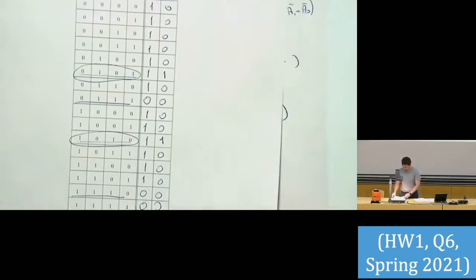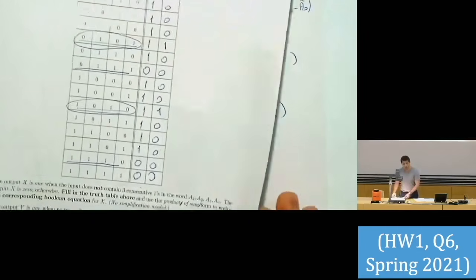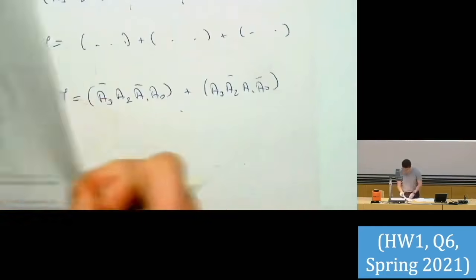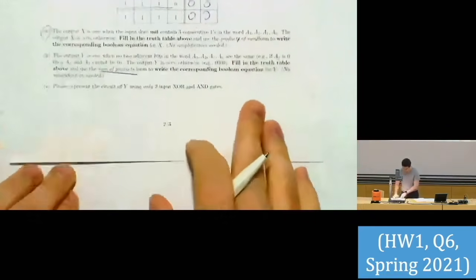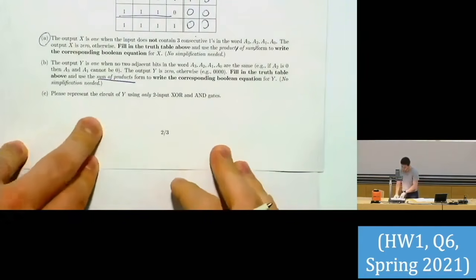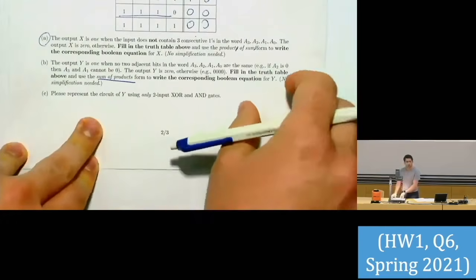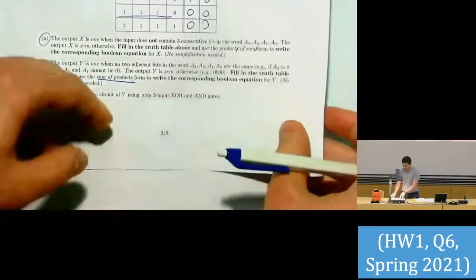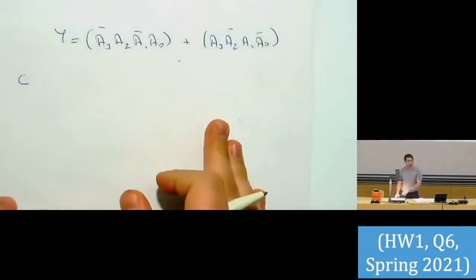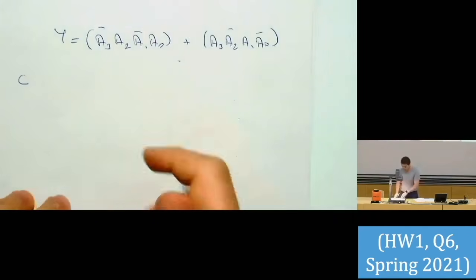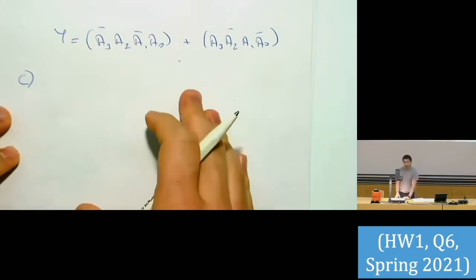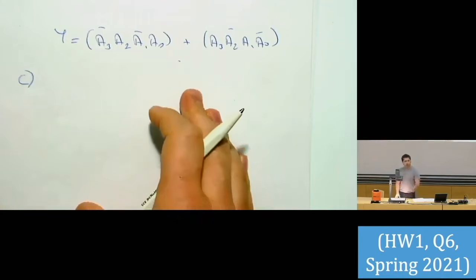So I think there's no question raised to that. So for C, it says, please represent the circuit of Y using only 2 input XORs and AND gates. I'll write the circuit in a very intuitive way, and also I'll show you the equation later. Very intuitively, for Y, I shouldn't have any 2 adjacent